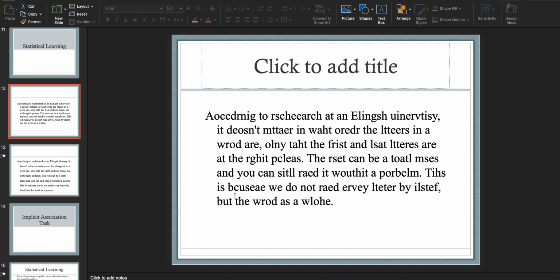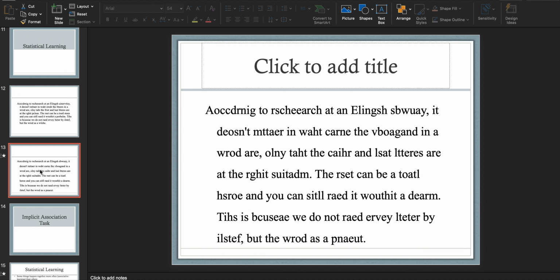Like they can read it pretty quickly, almost at a similar pace, if not the same pace as if they were reading it and everything was all in order. And so the question is why? All right. Well, to think about that answer is another variation of this. And you can read this. And the same thing. The first and last letters are all in order. The only thing that's jumbled up are the middle letters.